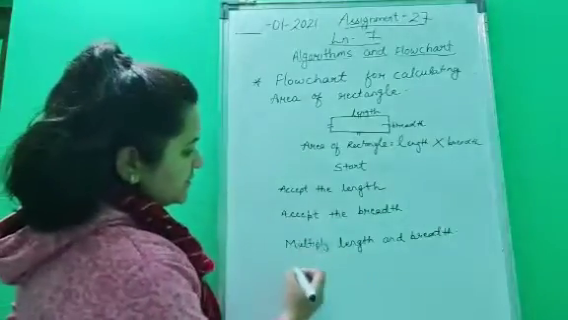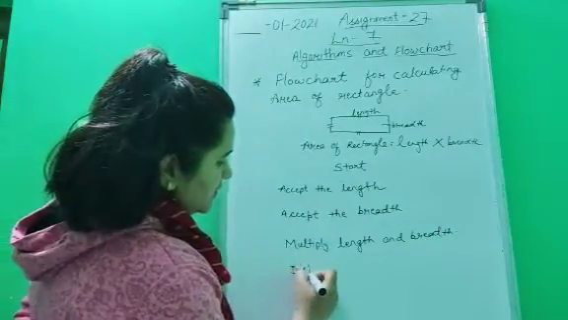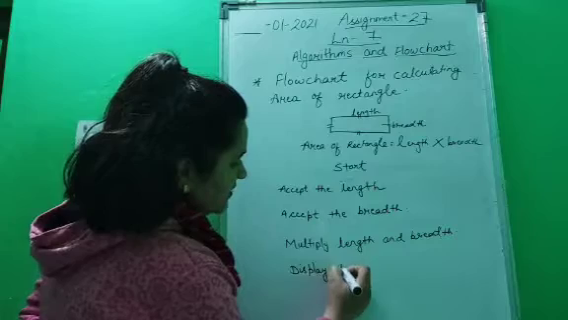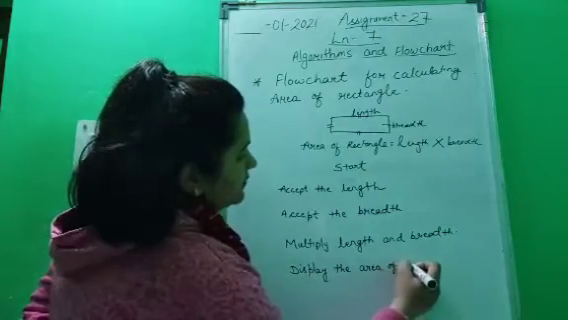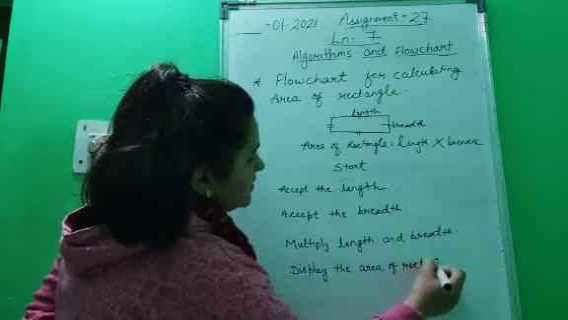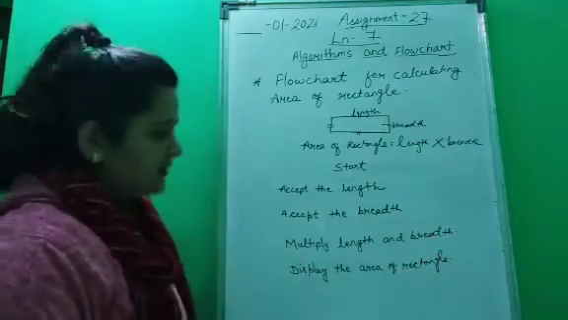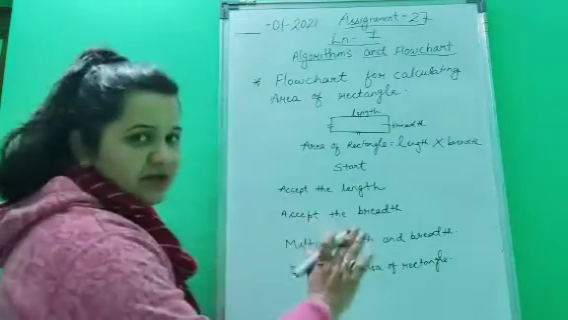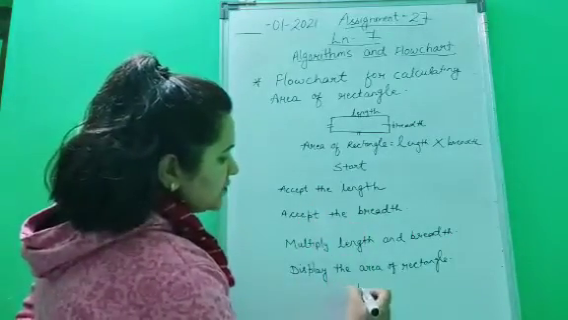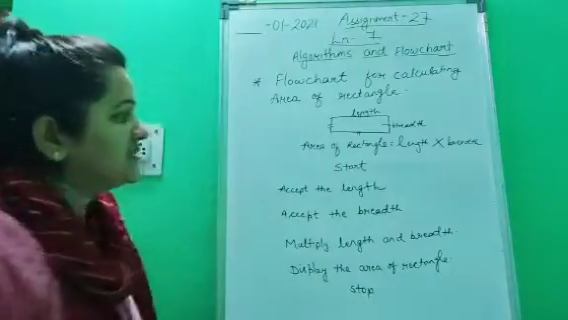Now done. After this, what you will do? You will display the area of the rectangle. Done? Okay. Now we are done with the steps. At last you would stop it. Now children, tell me,